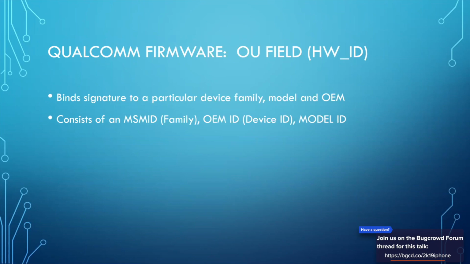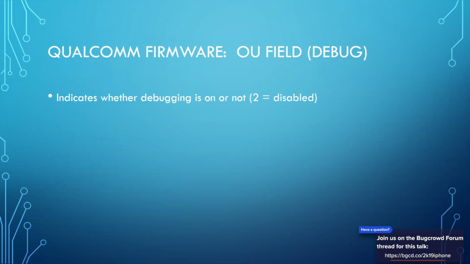Then there is also that each firmware is unique per hardware device, and a hardware identifier basically consists of a family, a unique chip ID basically, and a model ID. So that makes the signing process pretty unique to each device, so that you cannot sign for a bunch of devices, just for one specific device. But like I said, the attestation certificate is validated by the other certificates in the chain, so Qualcomm can pretty much sign for any device.